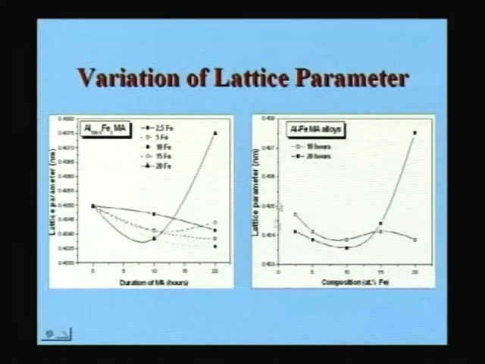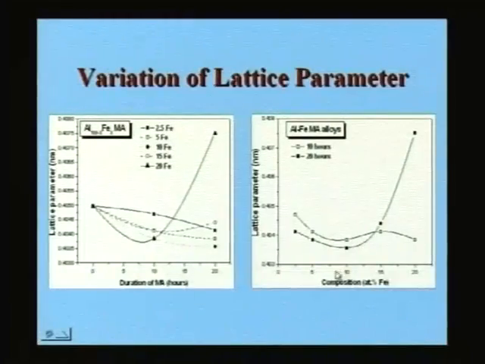So when you plot the lattice parameter, what you see is that the lattice parameter does not change much up to about 10%, and there is a marginal decrease in the lattice parameter as you increase the iron content up to 10%, because iron is a slightly smaller atom than aluminum. So when iron goes into aluminum, the lattice parameter decreases, or the overall atomic radius decreases. As a result, you can see a small decrease, but later than this 10%, you see suddenly there is an increase,